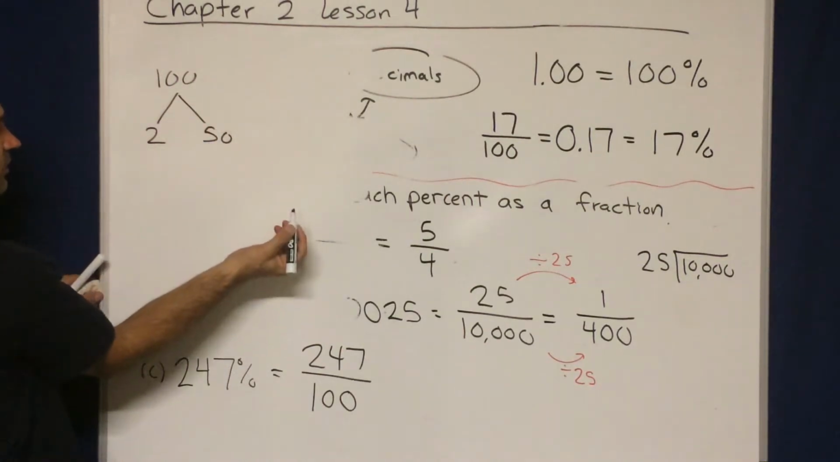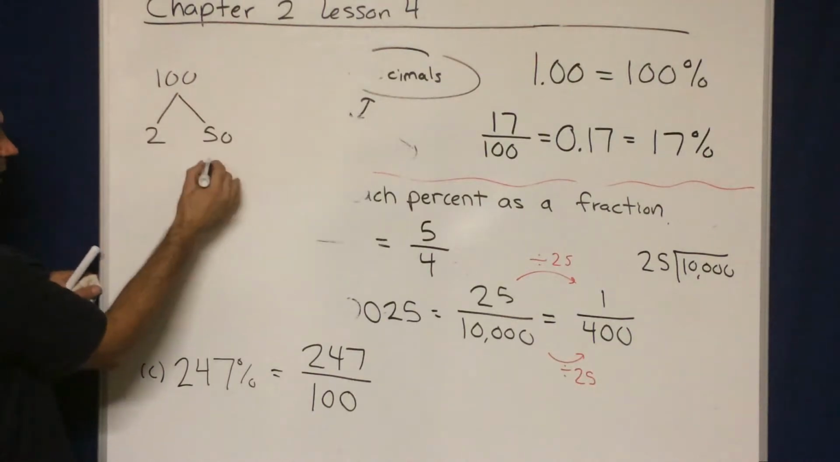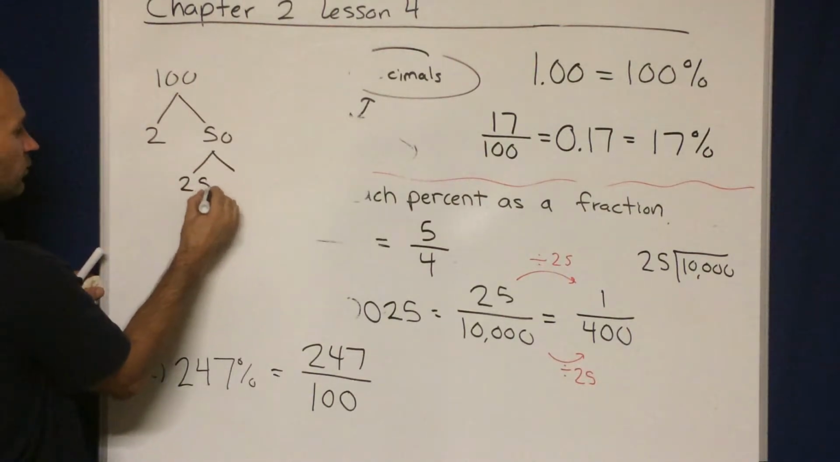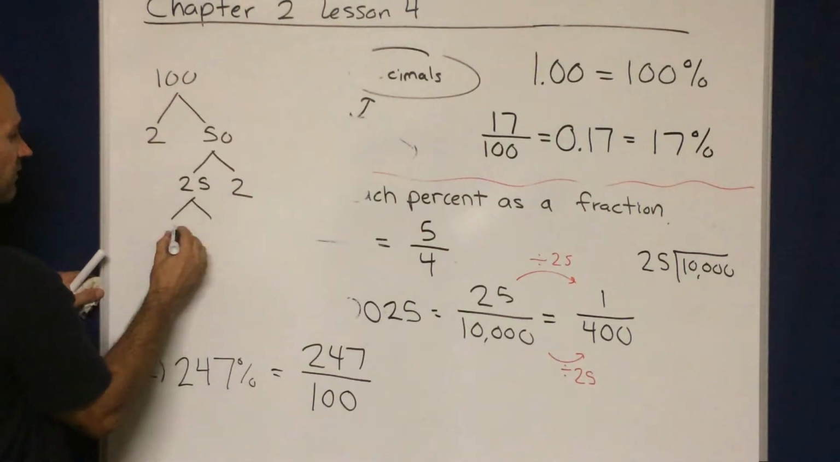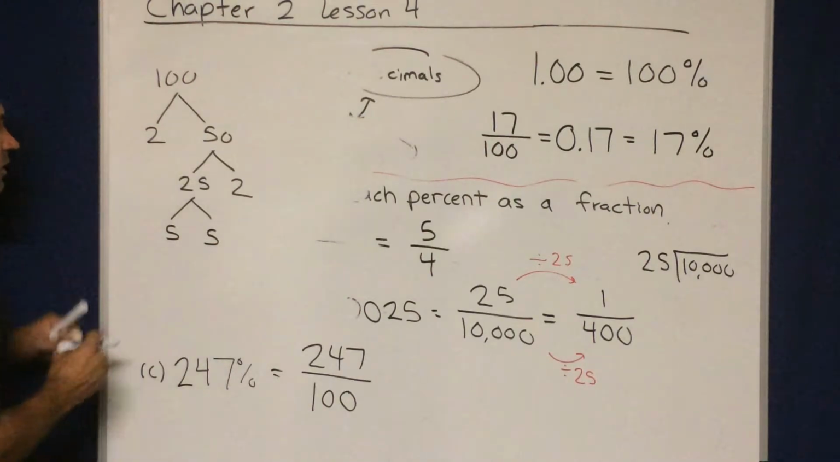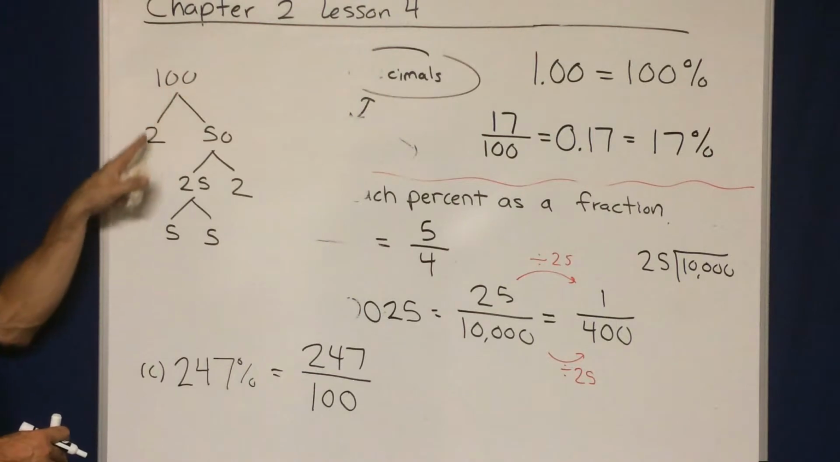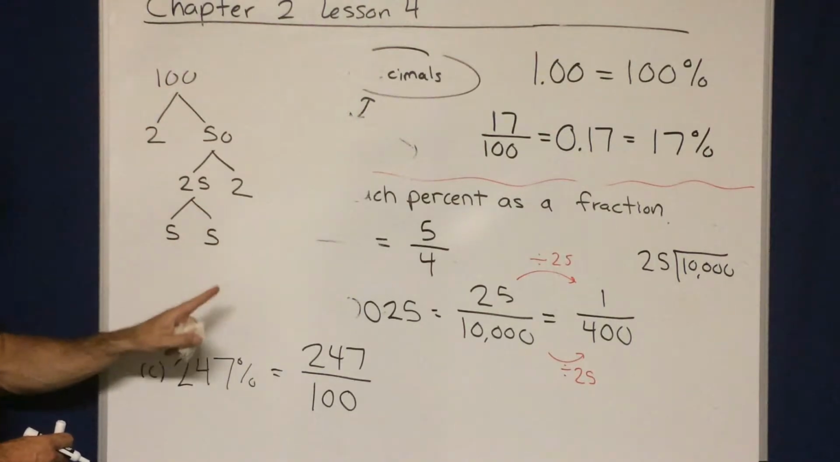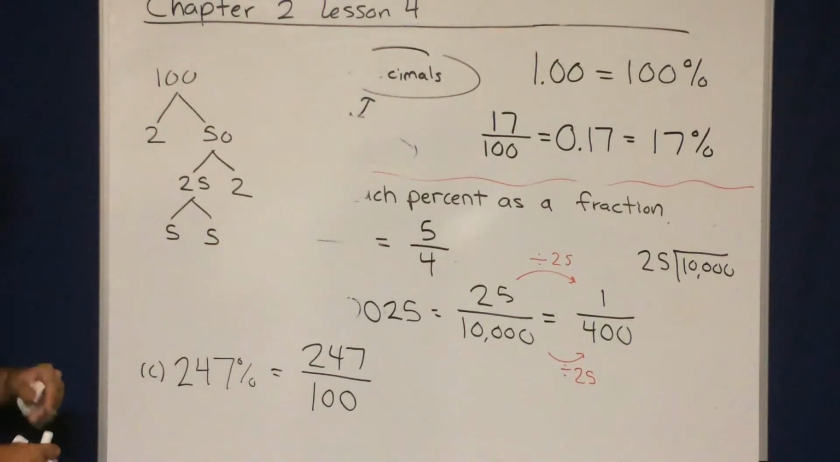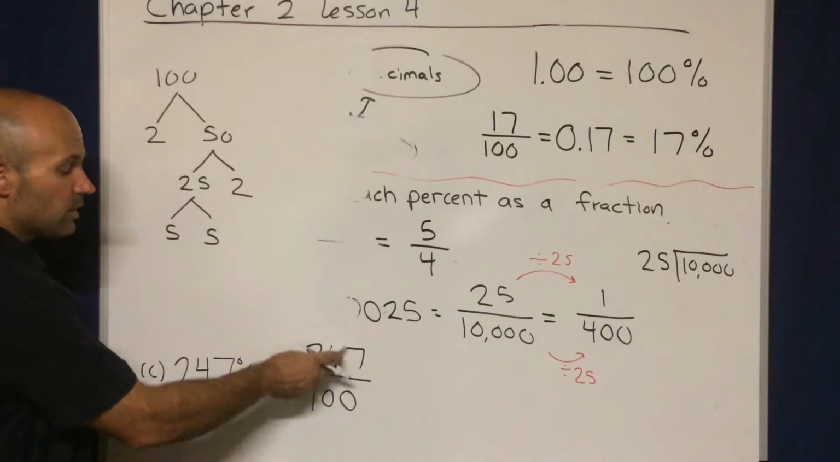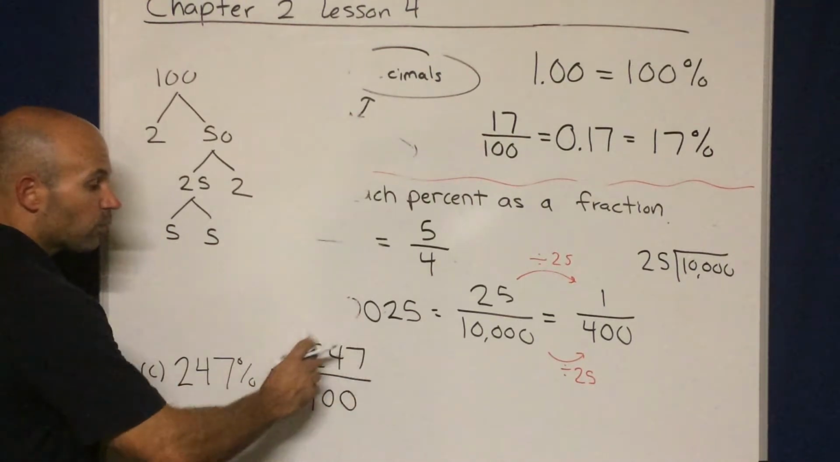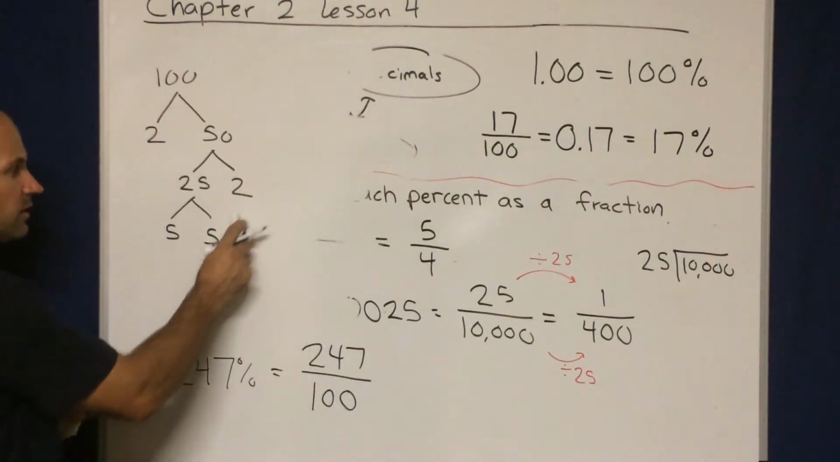100 is 2 times 50. Maybe you broke it apart into 10 times 10. That would work also. 50 is 25 times 2. 25 is 5 times 5. So with this factor tree, I see the prime factors of 100 are 2, I have another 2 here, a 5, and a 5. If this fraction can be reduced further, then 247 must have one of these as a